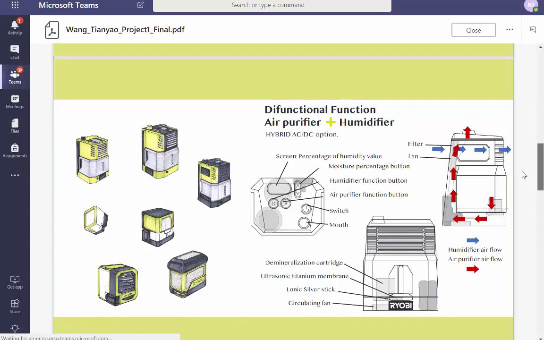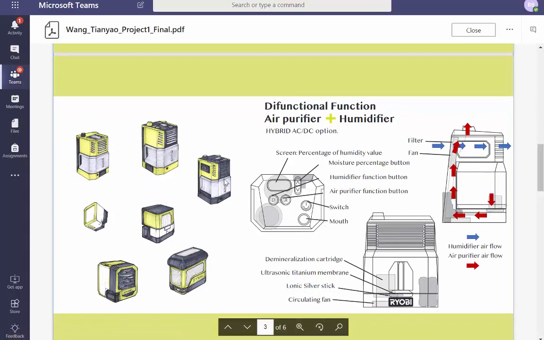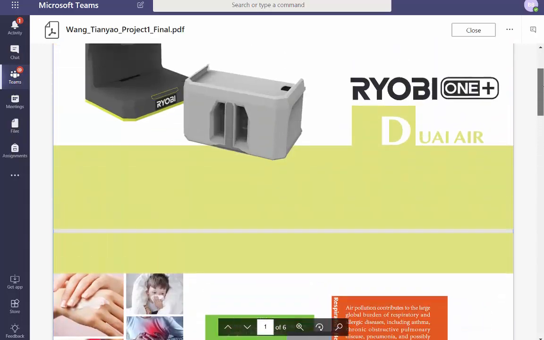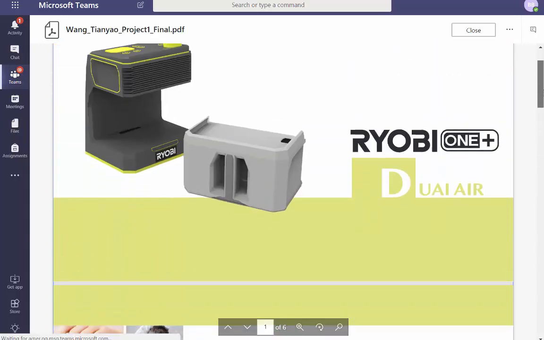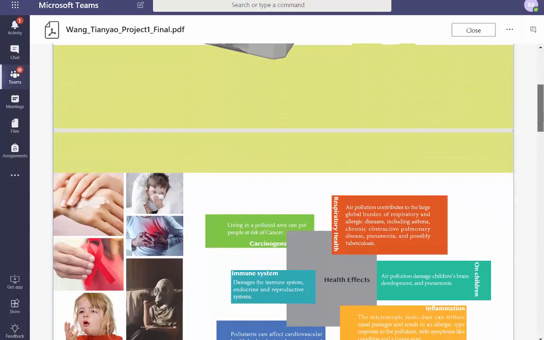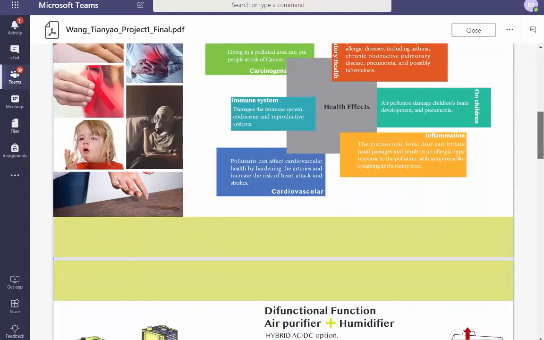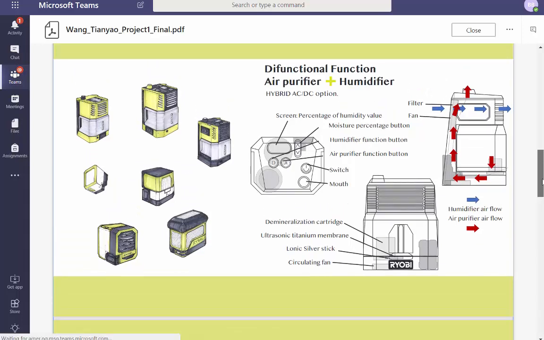You did some squares. It's difficult for me to figure out how you're trying to solve these things if you just do a bunch of squares. What are the current designs? What's good and bad about them? Air purifier and humidifier. Why are you combining the two? Also, it helps with this Adobe project to give me some information that you're using the 1+ system. What is it? What were you challenged as a class to do? Because without doing it, it kind of kills, like, okay, why is it that form?